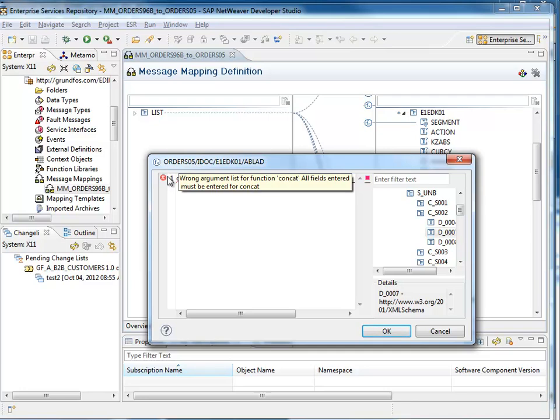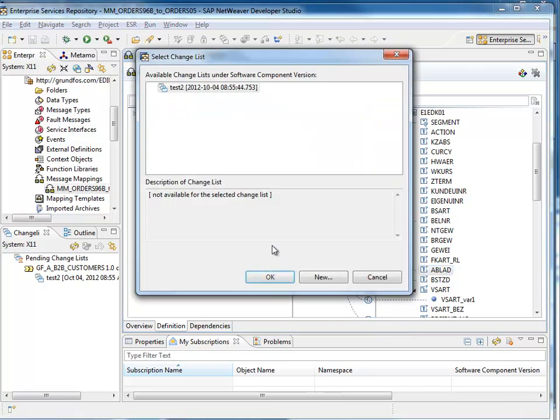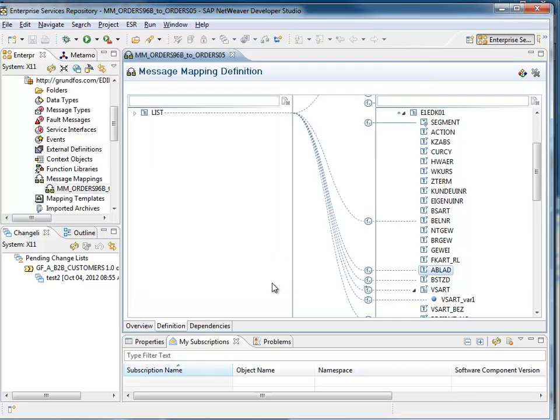All fields entered must be filled for the concat to be valid. So maybe it's not as useful here. So let's just use the simple element here, and we have to just put this on the change list. Okay,